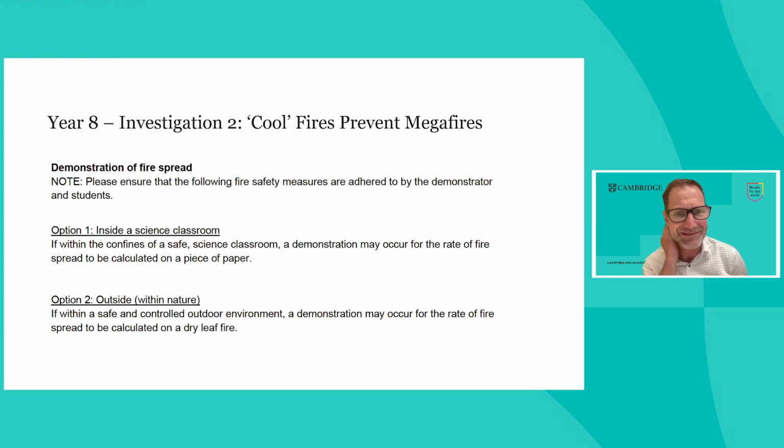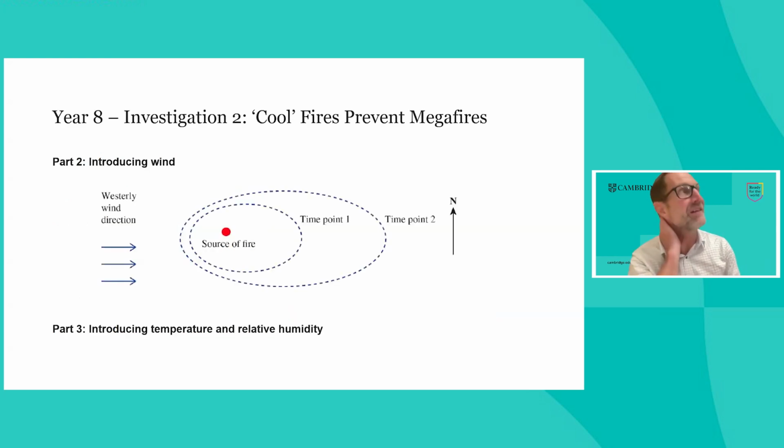Thank you. Next slide. And then in part 2 let's introduce wind. If wind's coming, what shape's it now going to be? Quite a few students will say maybe it'd be a bit oval shaped, elliptical, like an ellipse would form, and so on. And so we talk about wind to have a range of questions. I'm missing out all sorts of pages and questions here. I'm just giving you an overview. Then in part 3, okay, we've introduced wind. That's a key factor in fires.